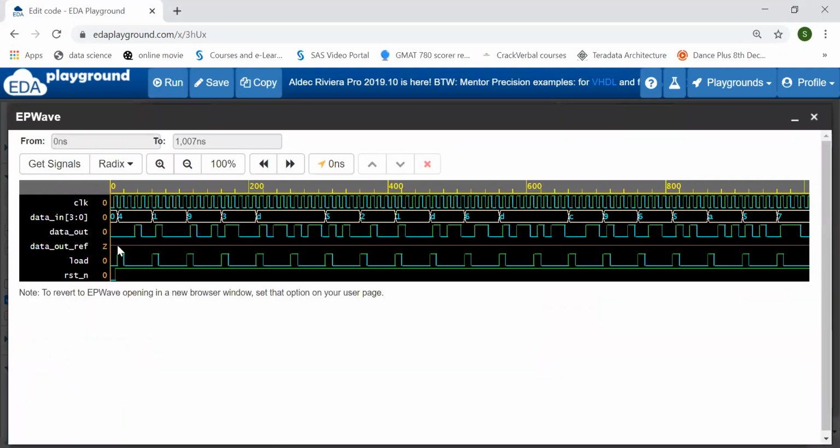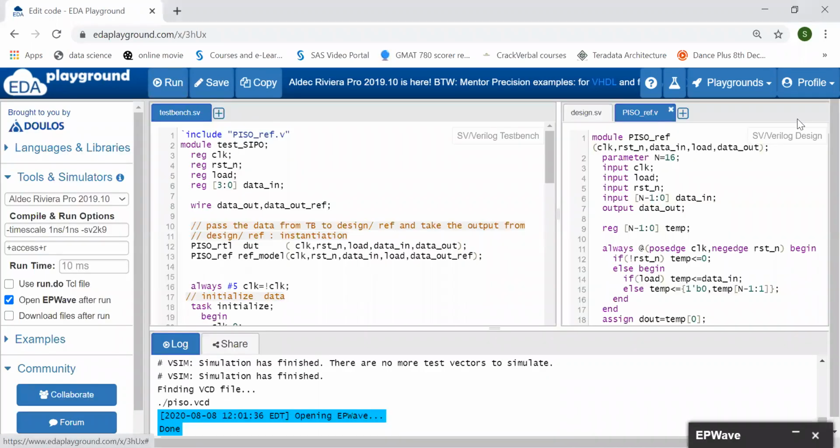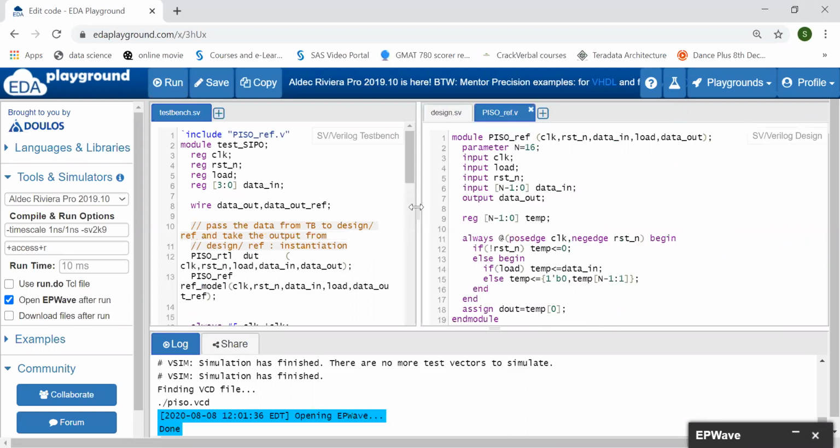Okay, so here data out reference is coming as Z. A wire value coming as Z means I have not assigned anything to it. I may have forgotten or I may have written some other name so that no value is assigned to it. Let's go here, data out. So okay, here by mistake I have written D out. So this should be data out.